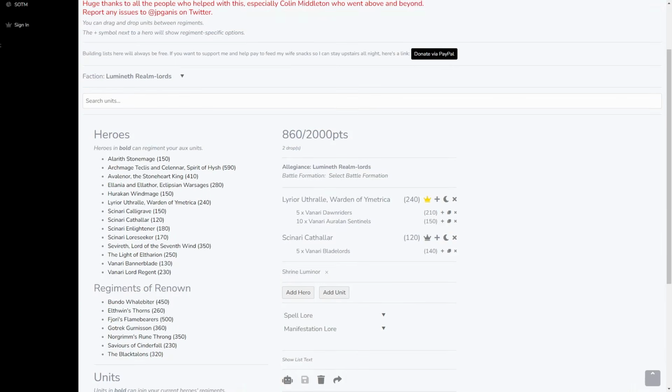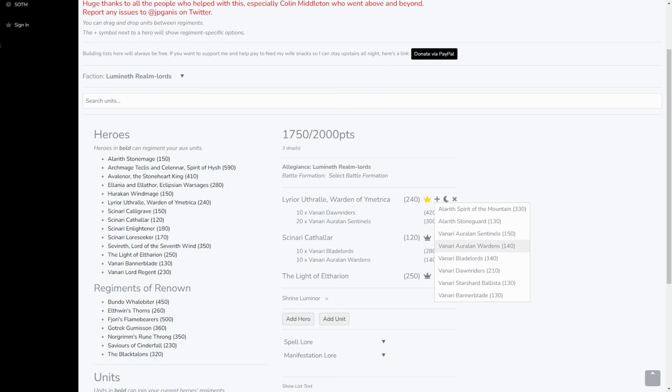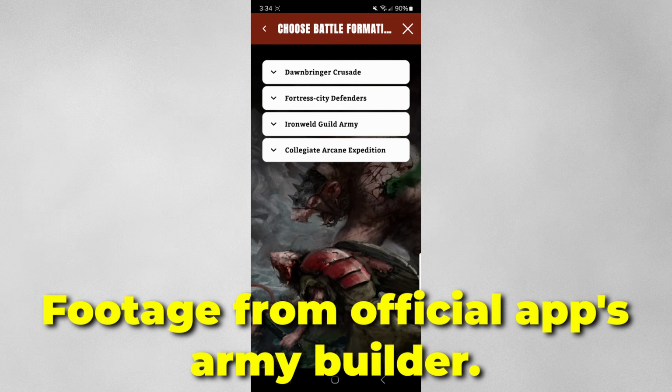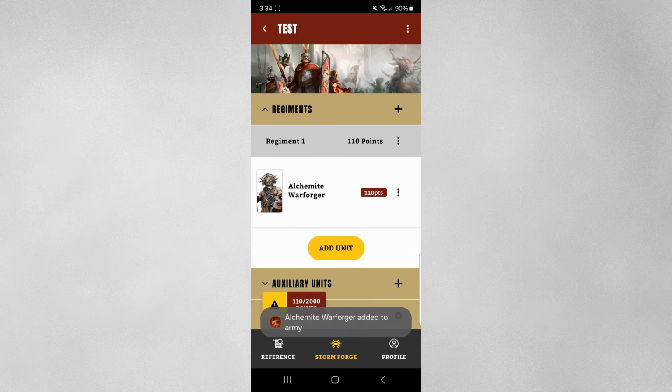You will also need to follow the army building rules for 4th edition Age of Sigmar. Pick one hero in your army to be your general and put 0 to 4 units in that general's regiment. You can also take up to 4 more regiments, each consisting of a hero plus 0 to 3 units. Specific heroes can take specific units, so make sure you check your faction battle profile to make sure that your